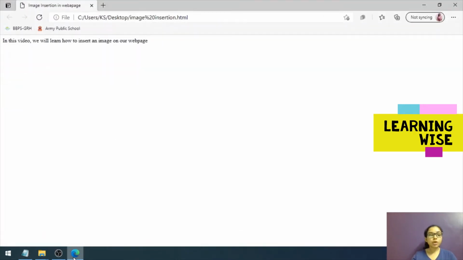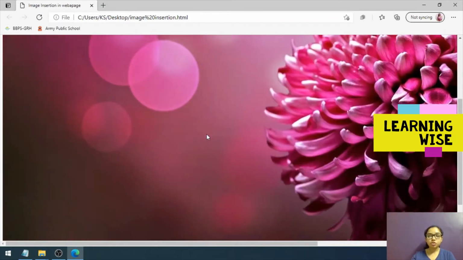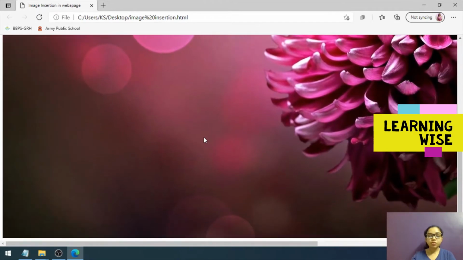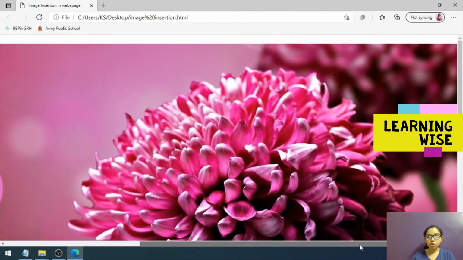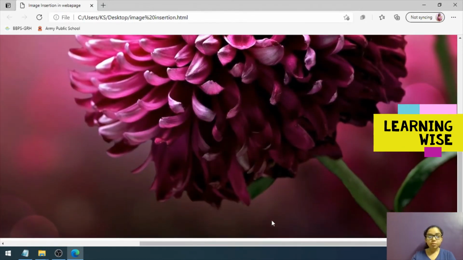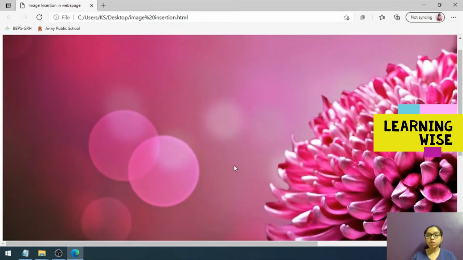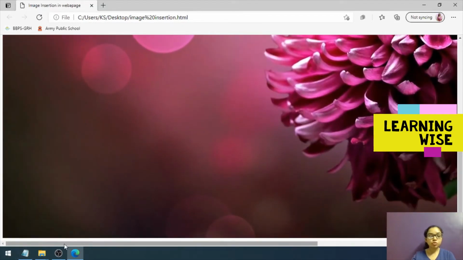Go to the browser where your file is open. Okay, press F5 to see the difference. And here we go. We have got our image over the web page. Okay, now see, you can see this is a very huge image, right? So the scroll bars are also here. Basically, remember, the image is going to appear in its original dimensions over the web page, right? So this thing you should remember.